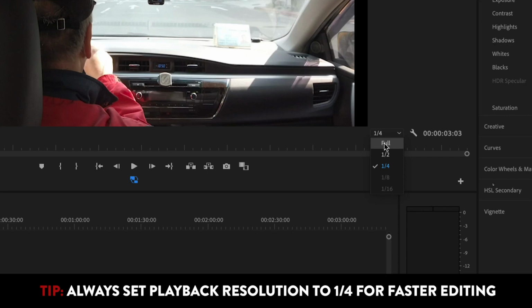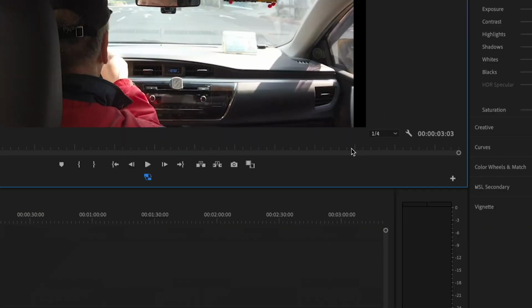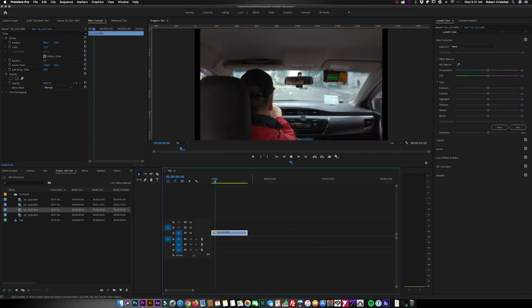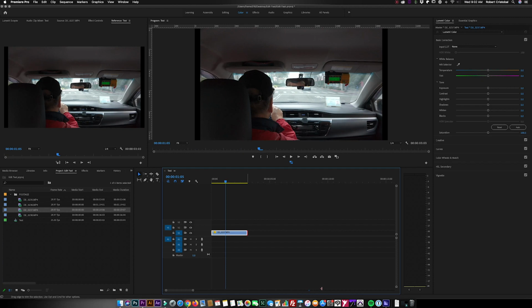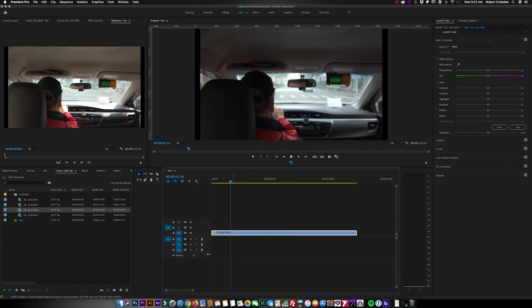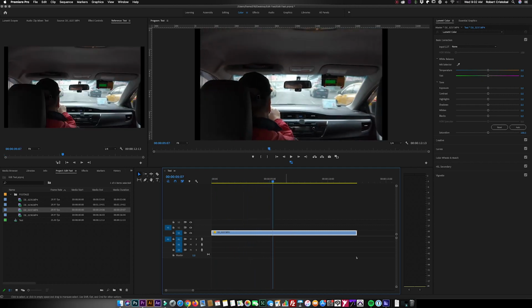So even if you have downscaled, you can still downscale it a bit and select 1/4. So when you're on the 1/4, for sure, you would have faster editing like what I'm doing right now, because it loads up a smaller resolution of the file. So that's our tip for today,